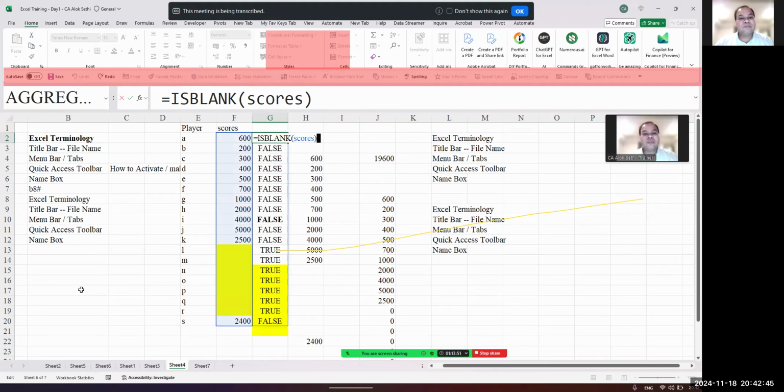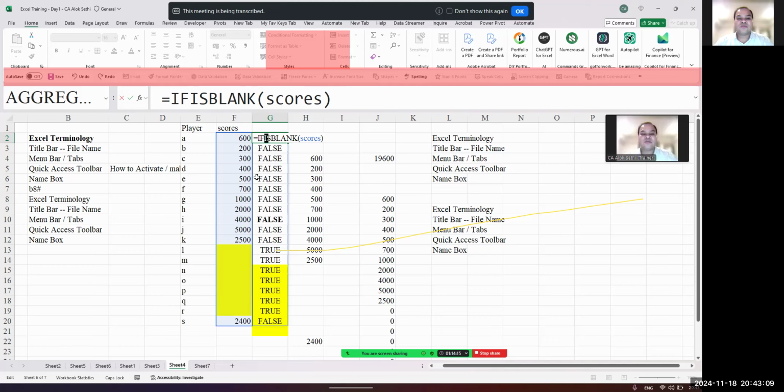Now, if this is blank, then what do we want? We want a blank instead of zero. But it will not work like this because this is not a function. This function ends over here only. यहाँ इसका काम खत्म हो गया इस ब्लैंक का, लेकिन हमें फॉल्स और ट्रू नहीं चाहिए, हमें तो वैल्यू चाहिए, राइट। तो वो करने के लिए वी विल हैव टू ऐड अ नेस्टेड फंक्शन, एक और फंक्शन ऐड करना पड़ेगा,